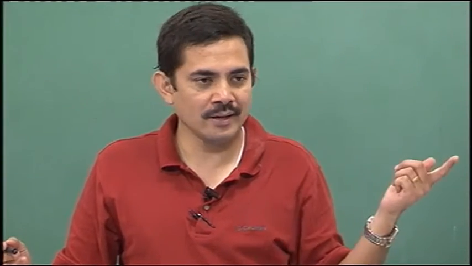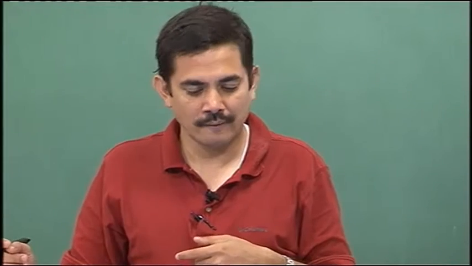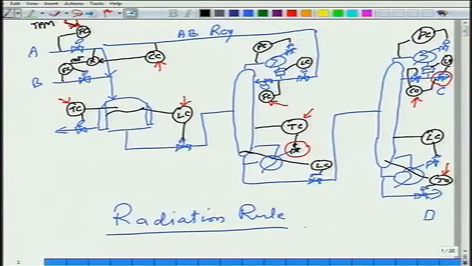So I have already told you 3 constraints that need to be active just by insight. Temperature should be max, because then you will eat up everything, so you can suck in more. I want to jack up production in a way so that I keep producing more C than D and not produce too much of junk D which I cannot sell. In fact, I am penalized for selling D. How do I do that? I do that by ensuring that my recycle rate is as high as possible. How do I do that? By running column number 1, recycle column, at maximum boil up or at flooding condition. Yeah. So 1, 2, 3.